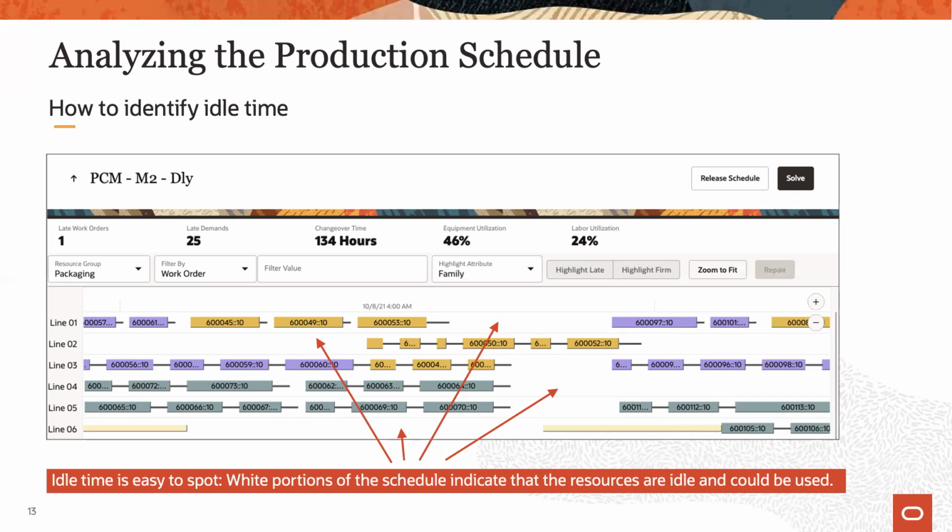Now, this is an obvious one, but nevertheless relevant. Idle time, which corresponds to available capacity, is easy to identify via the white area on resources. Work order operations are typically shown as blue or differently colored boxes, depending on whether the attribute highlighting is active or not. The changeovers are drawn as the thin black bars, and calendar downtimes are displayed via the medium-sized yellow bars. Everything else is white space and corresponds to idle time.